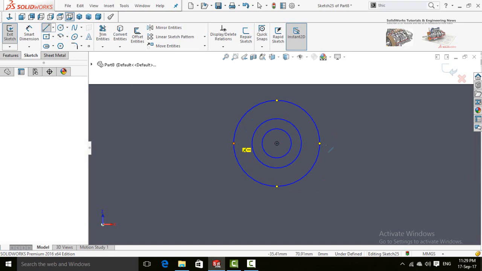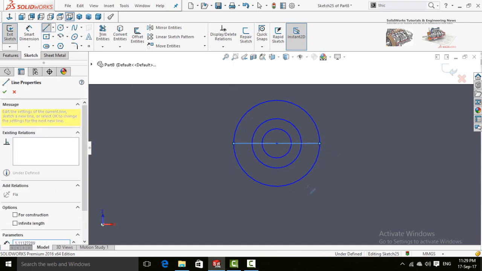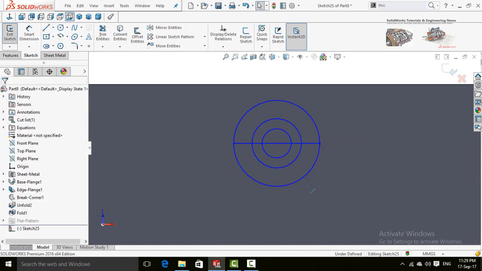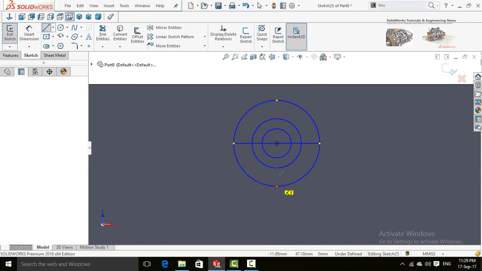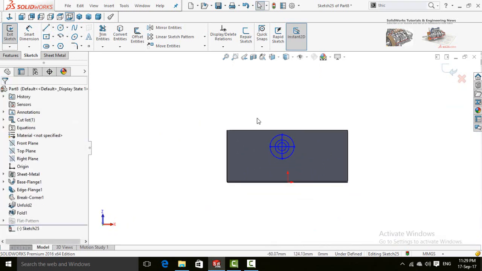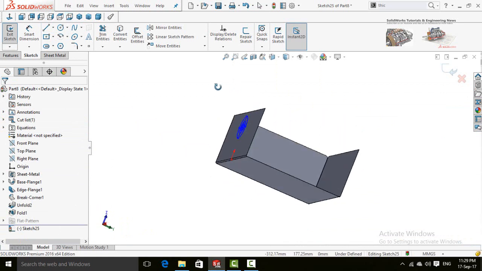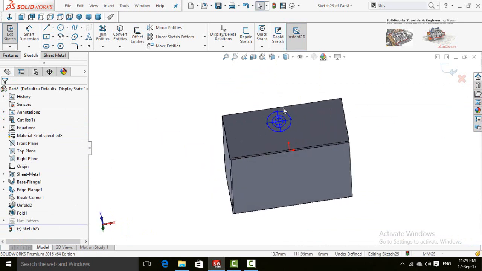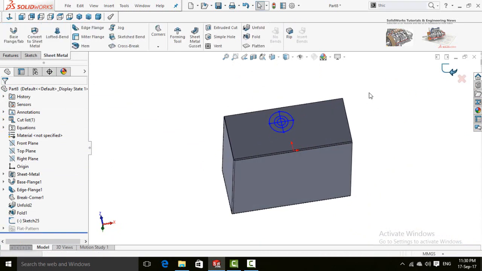Now line. As it is cleared from name, it is vent for air fans as used in power supplies of computers. So once you have completed your sketch, save and exit from sketch.